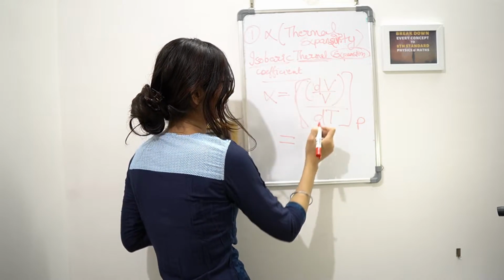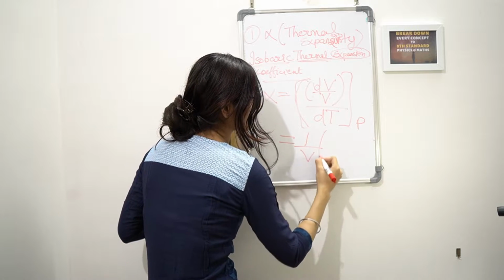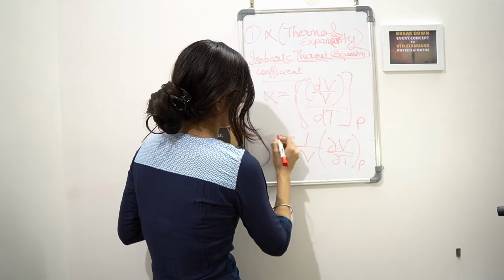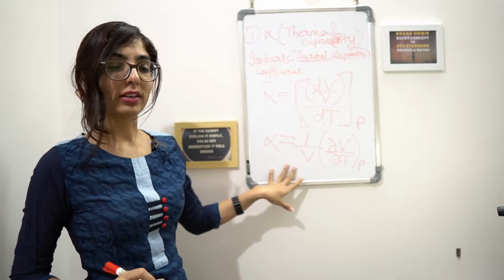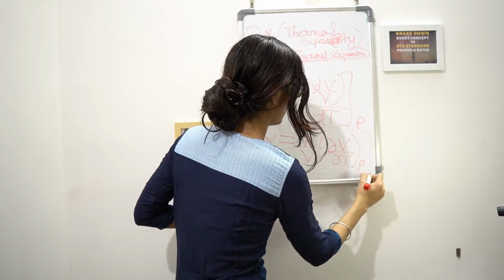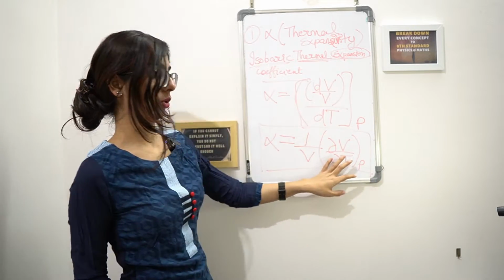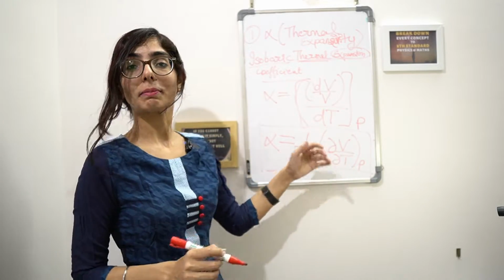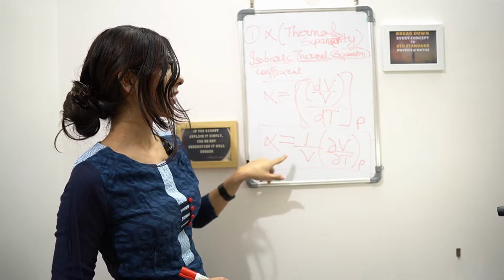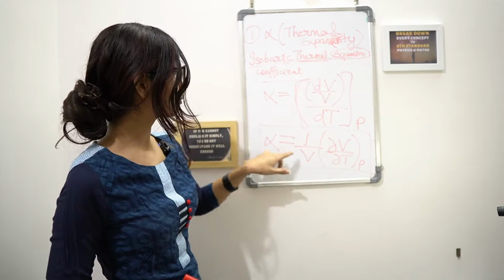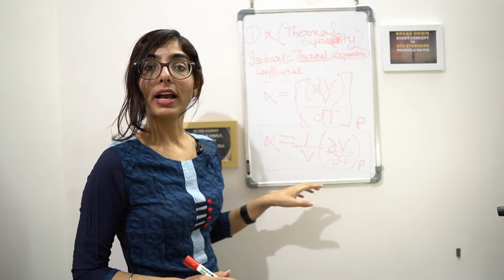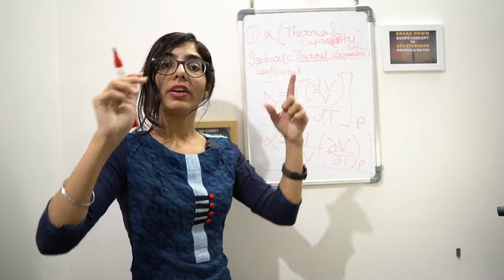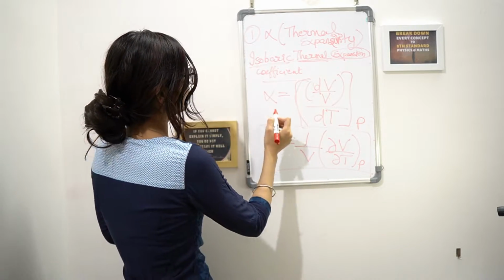So can I write it like this? It is 1 by V, so can I take it outside? So the expression would become: alpha equals 1 by V, del V by del T at P. So alpha is this. One more thing: this is the final expression, but you need to take care of this also. From Bond's thermodynamic square you can calculate many things, but from this formula also, if someone asks del V by del T at P, that would be equal to alpha V. Where can you correlate this formula to the Bond square, where I took the parallel lines?